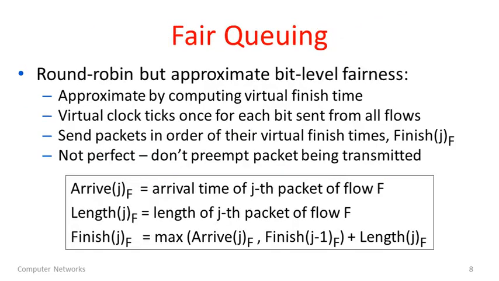So what we're going to do, and I've now finally gotten to the fair queuing part of this, is we will introduce what's called fair queuing. Fair queuing is an improvement on our round robin queuing, which was a straw man, if you like. And what fair queuing is going to do is approximate bit level fairness. So this really will allow us to roughly divide a 150 megabit per second link into 3 50 megabit per second